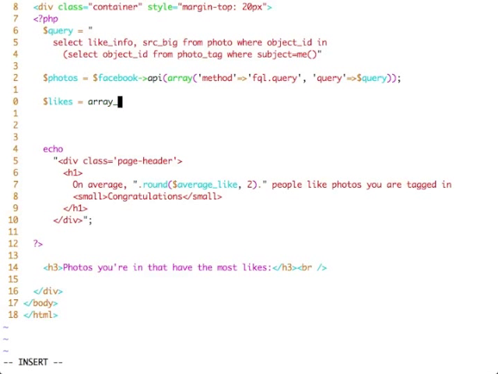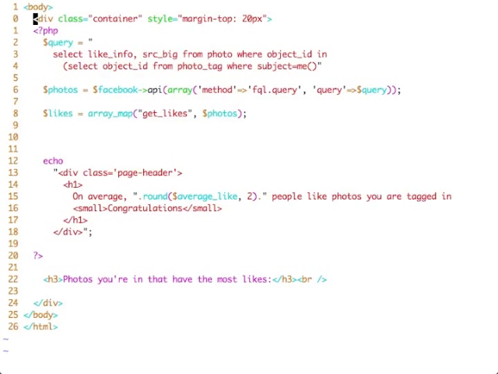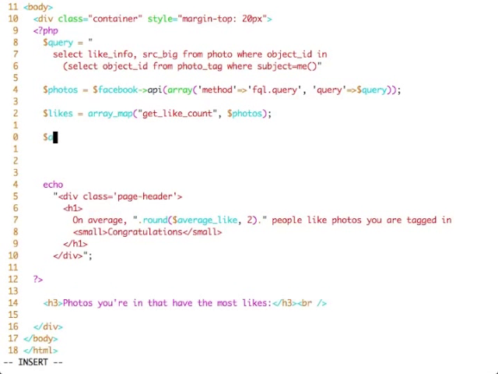So we'll call a function on each one of these photos, get like count, and store that in our likes array. And if we grab the average of this array, which would just be the sum over count,